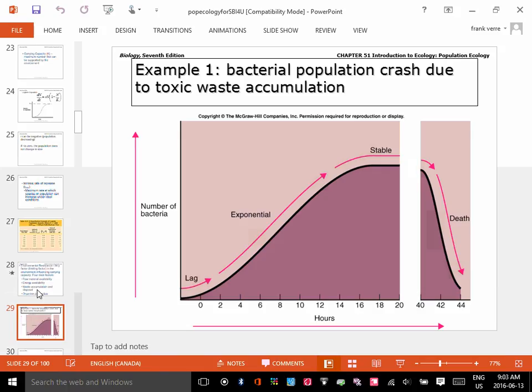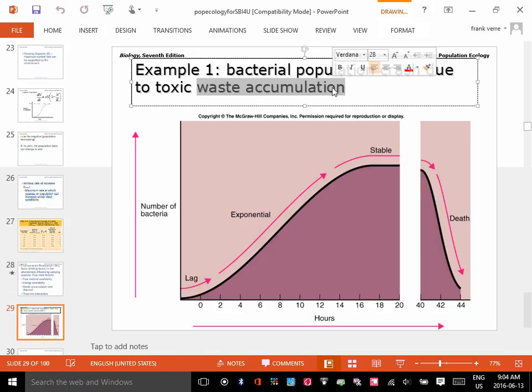Okay. Alright, so here you see an example of a population grow, maybe reach stability and then crash. This could be, for example, well, actually not could be, it tells you what it is. In this case, this is waste accumulation from a population, because if the population grows in size, each individual produces more waste, right? If you can't get rid of the waste, it just accumulates and then eventually will kill the population.